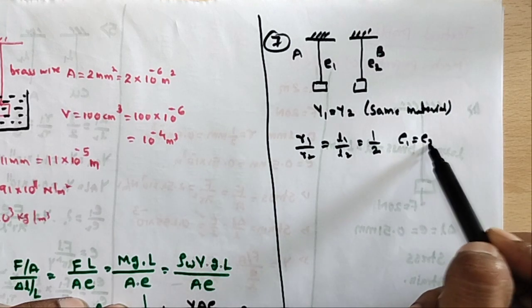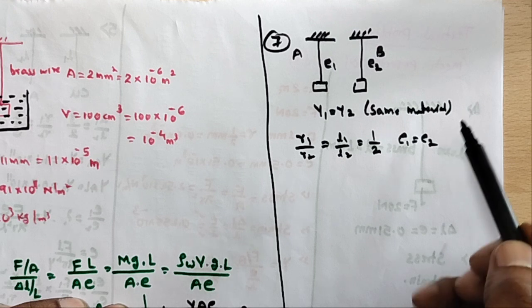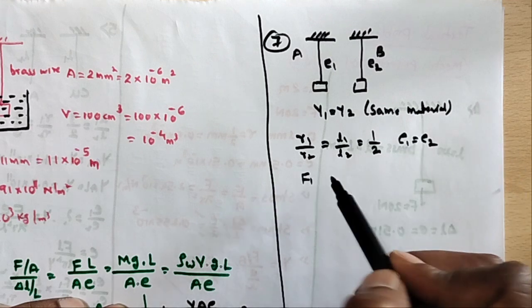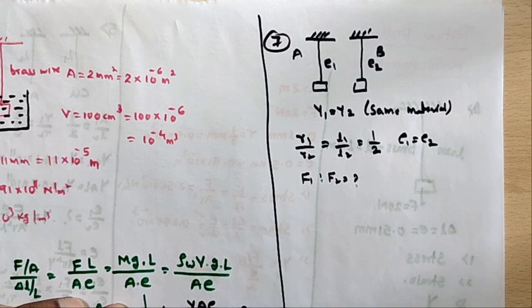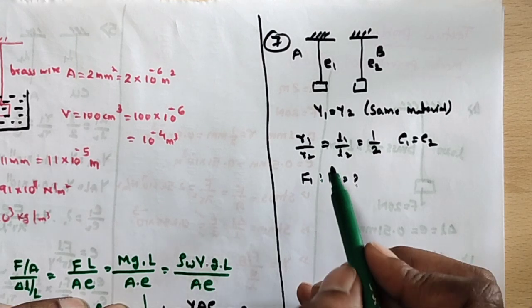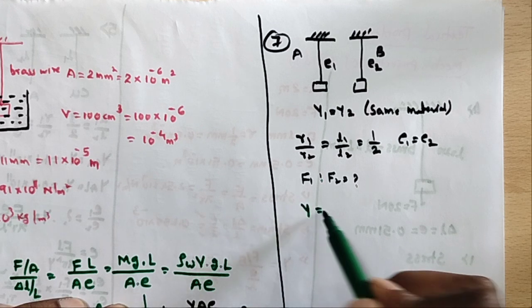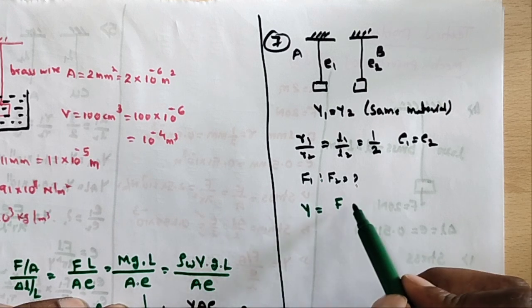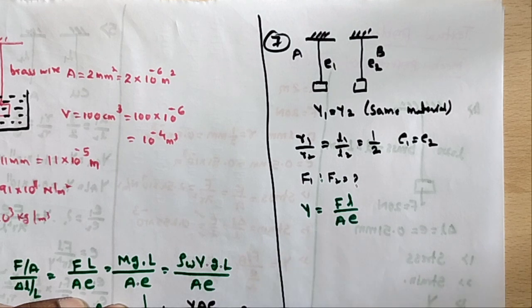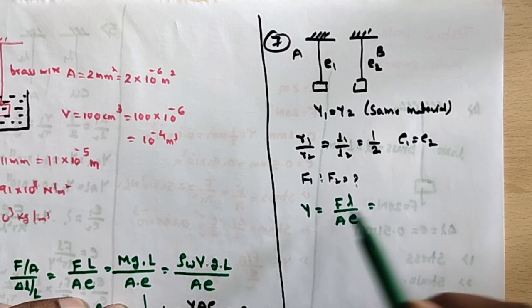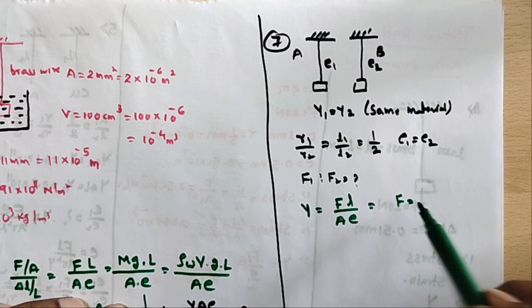Calculate what is the force acting, F1 by F2. Very simple. We know that Y is equal to F L by A e. This is the formula. R1 and R2 are given, so we are taking the ratio. What is the F formula? F is equal to